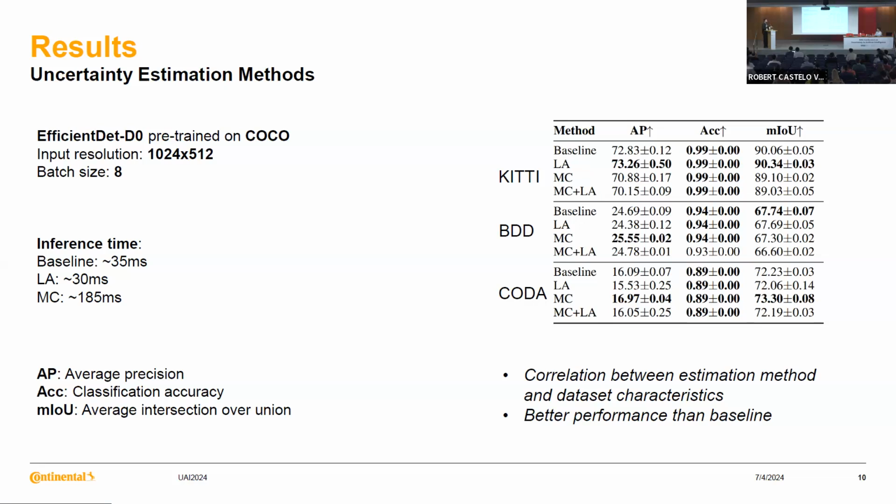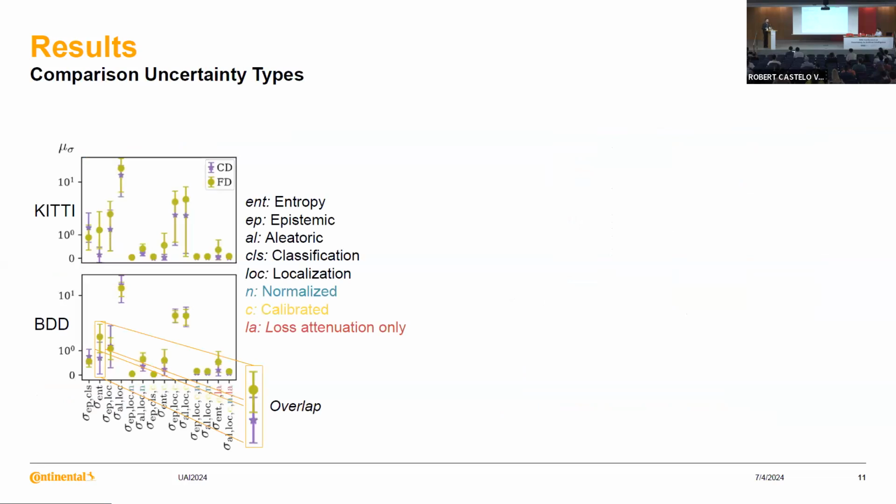And so regardless of which uncertainty estimation method, in regard to performance, we are still better than the baseline that has no uncertainty estimation methods. So now we covered that, all right, if we, for example, only use loss attenuation, we incur no costs